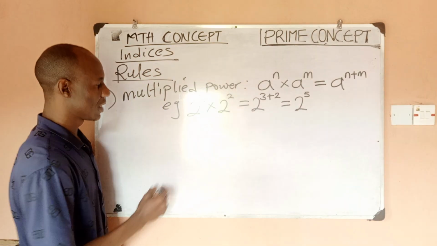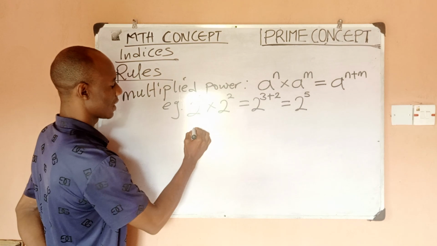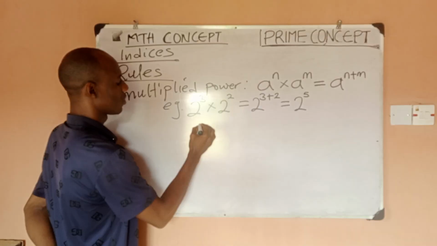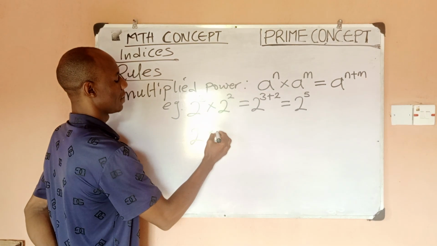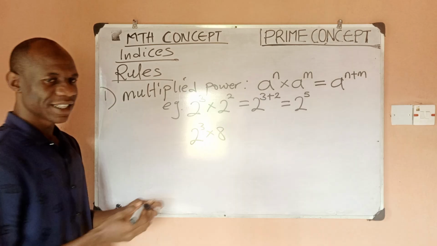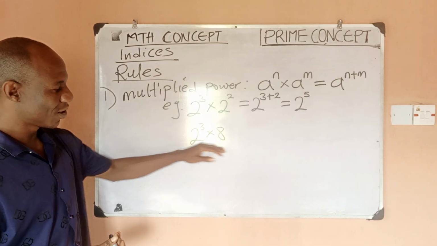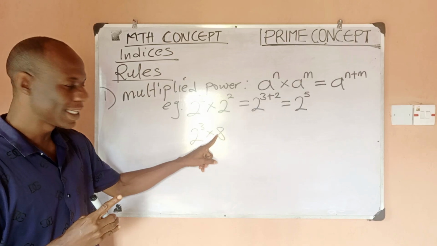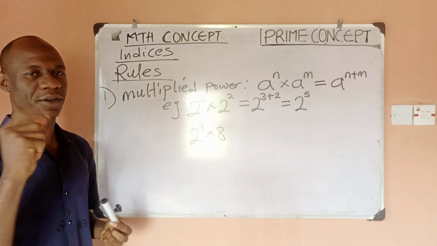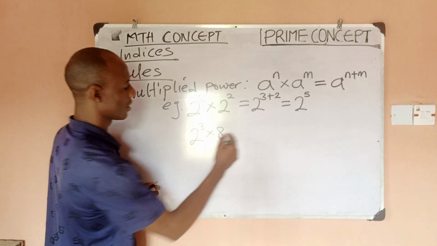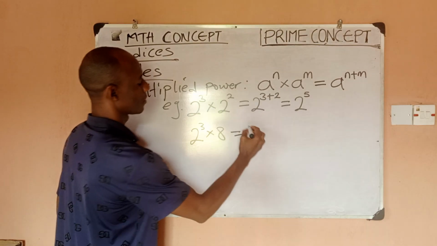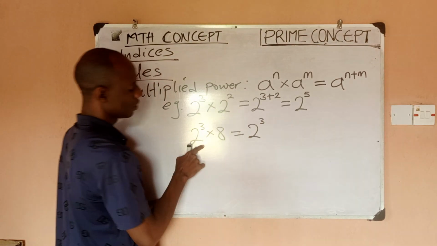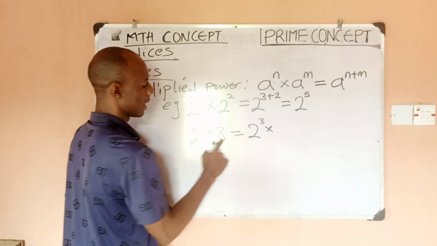And let me give you another one that looks a bit tricky. Say you have 2 raised to power 3 times 8. Now you would clearly see that we no longer have the same base, but then something will tell you that 8 can actually be written as a base of 2, right? So let's do that. So this can be written as 2 raised to power 3, which is this, times, now